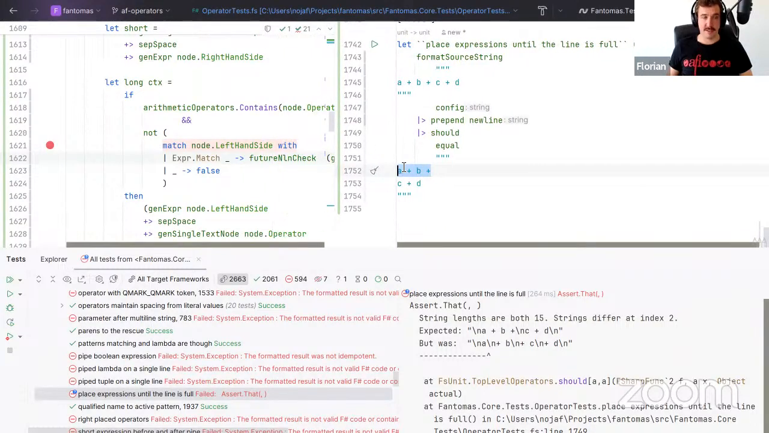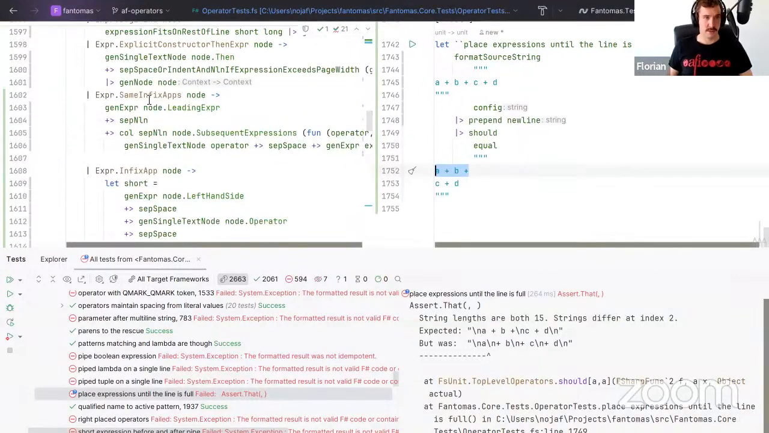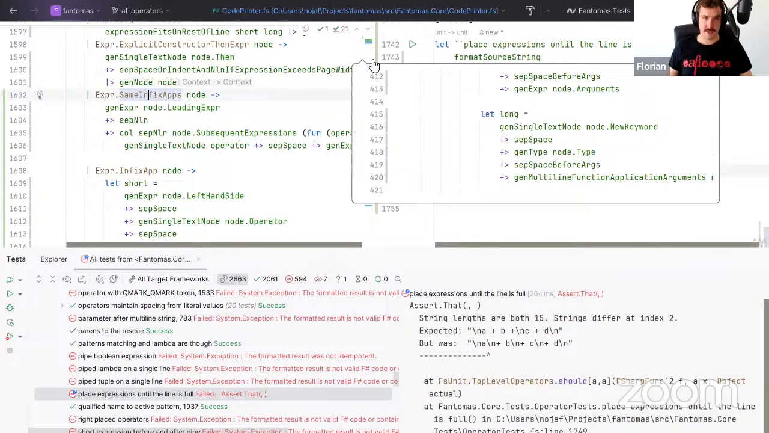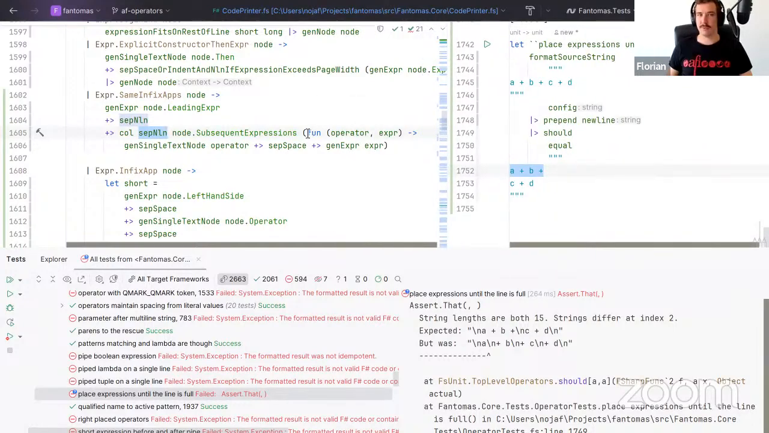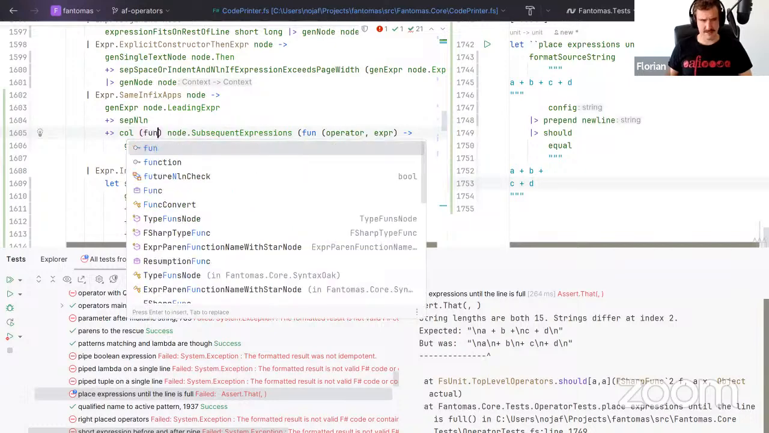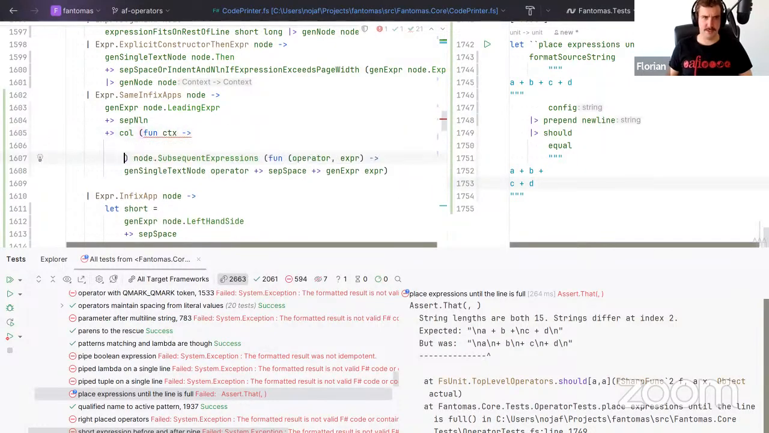And there's a lot of difficulty in having this kind of behavior as well. So we're going to have our same infix. And instead of putting in a new line over here, we should have something more clever that tells us: can we still put this on the next line, or do we need a new line? So this would need to be a function that takes a context and returns a context. And we need to check like,